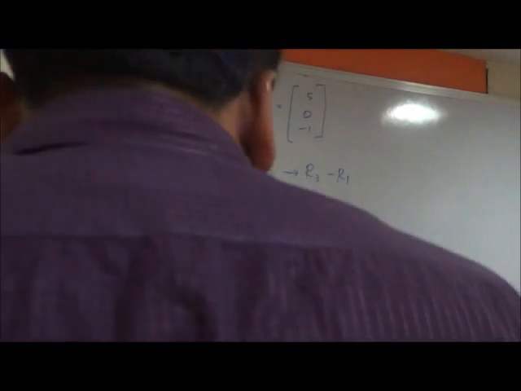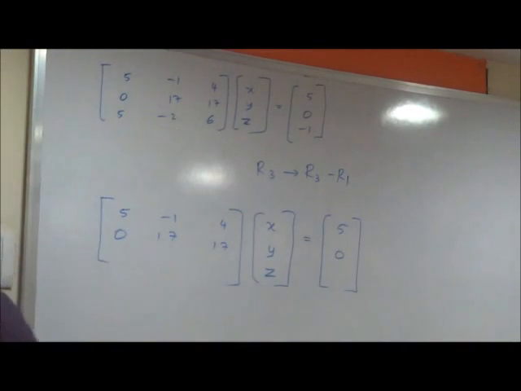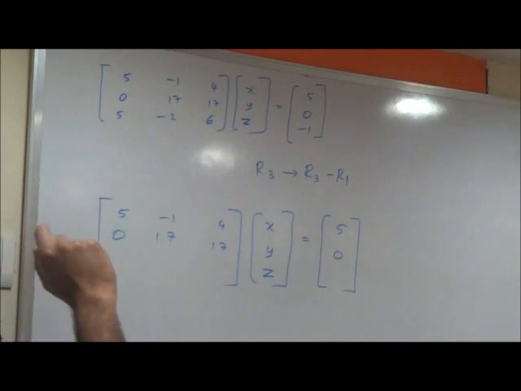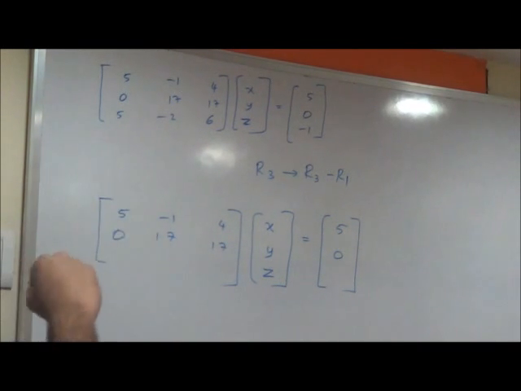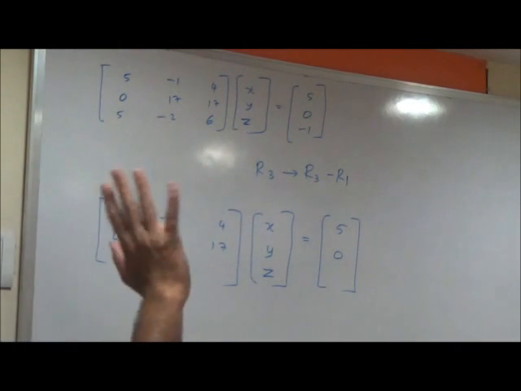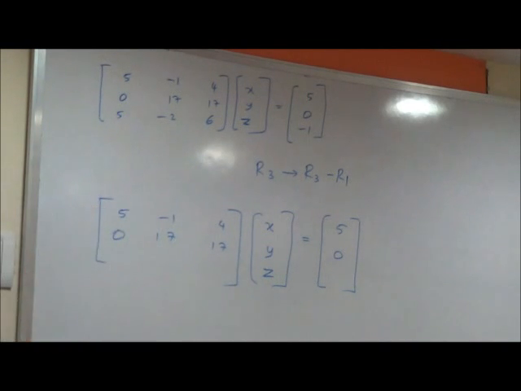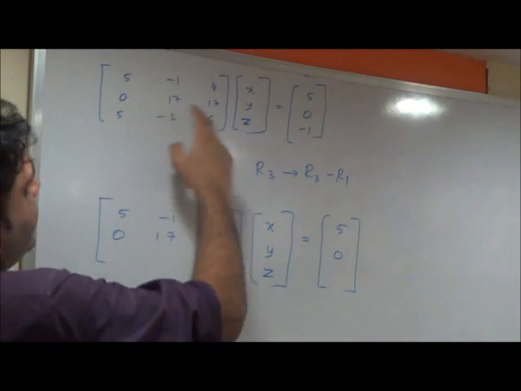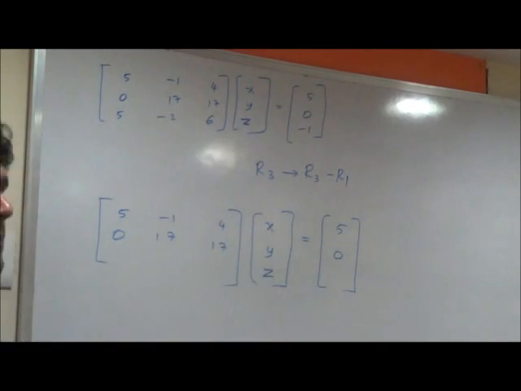Everybody, please see. We have this situation now in the reduction technique. I want a 0 out here. 5 minus 5, I can easily get a 0 by doing that. So R3 becomes R3 minus R1. Before I actually execute it, R1 and R2, row 1 and row 2, I'll keep as it is. Write this as it is and then do the calculation so that you avoid careless mistakes.